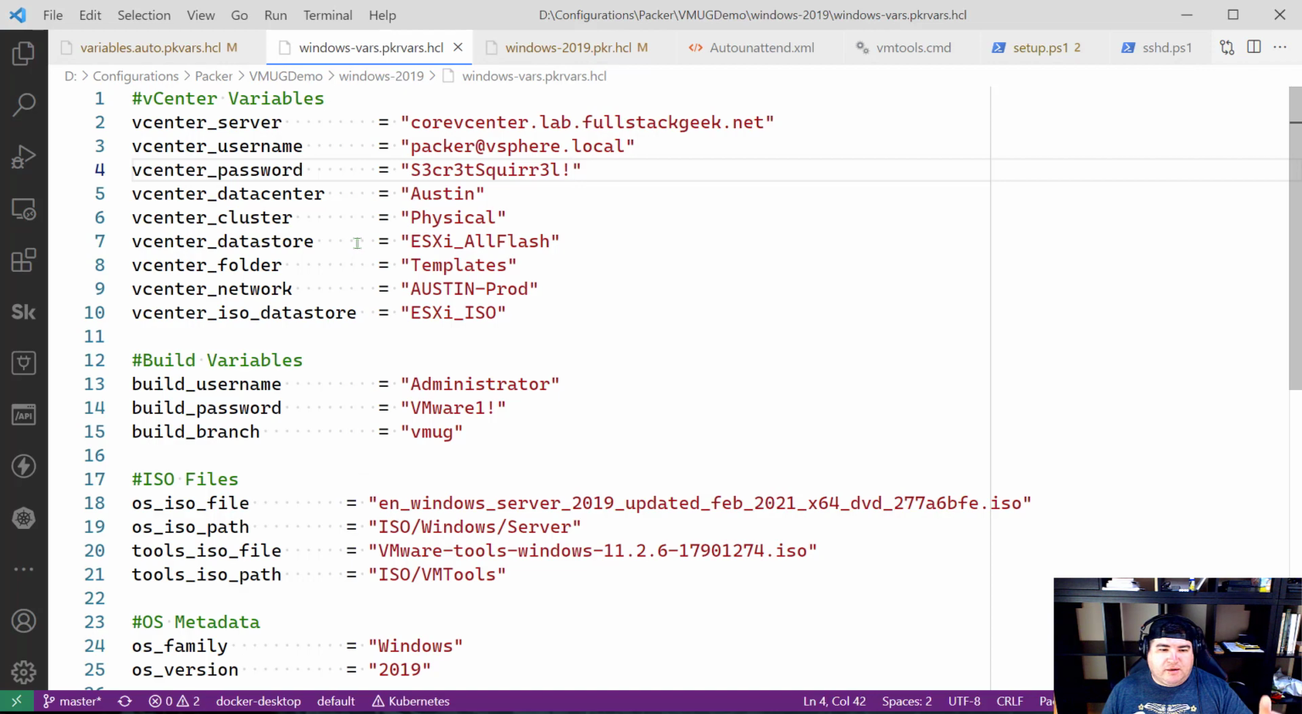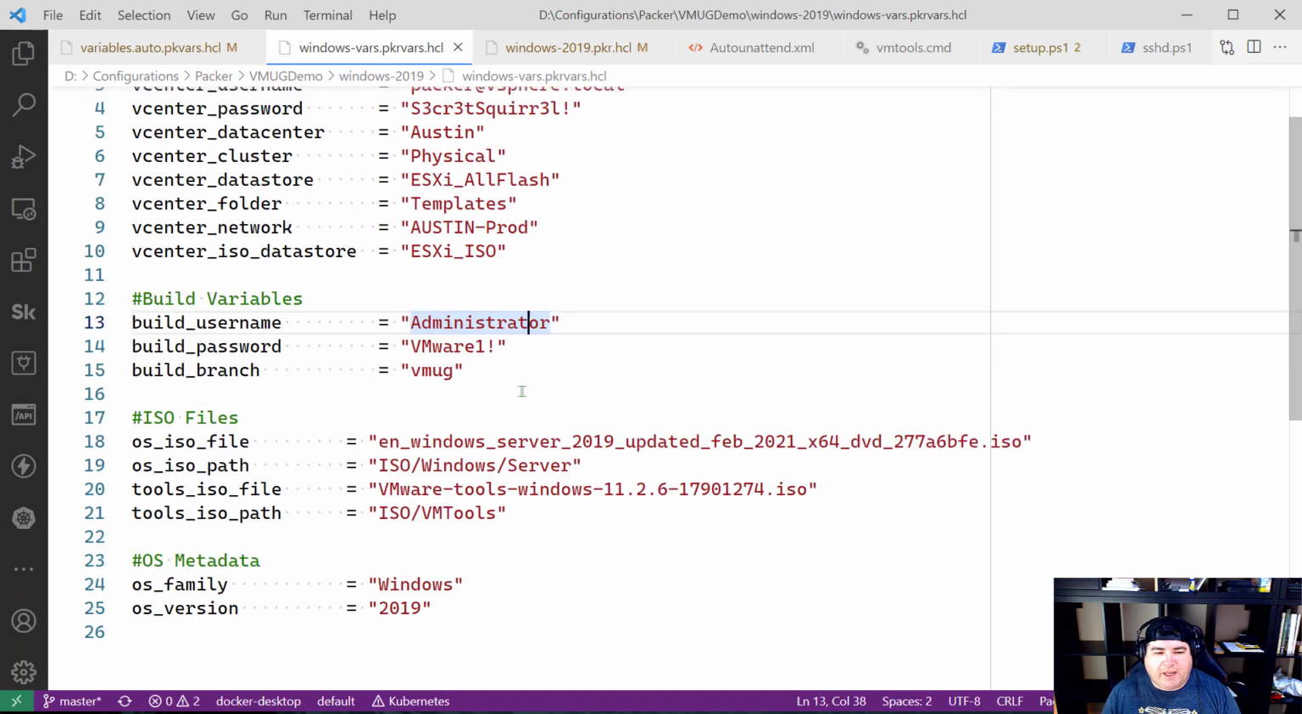Similarly, same thing here. I've got, right, it's the variables that we're loading in. These are essentially like all the secrets that are being used. I'm defining a different username and password inside of here, right? Just because this is Windows, I want administrator and VMware 1 bang. It's still using my vmug build branch. In this instance, I'm running a different ISO file for the operating system and for tools to make sure that this thing gets installed. Again, this is even the version 11.2.6, where, from the last time I'd run a build of a template to this time, I'd had